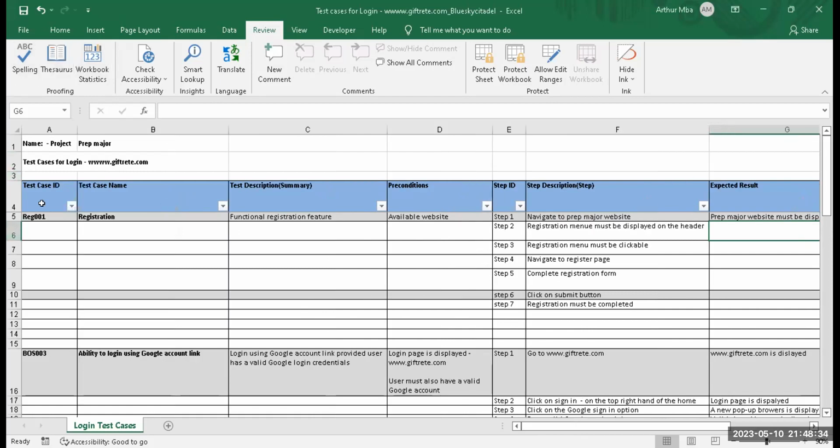Fine. I have the test case number, the name, registration. The description is functional registration feature on the website or on the app. Conditions: at the time, the website should be available. And my steps: navigate to the